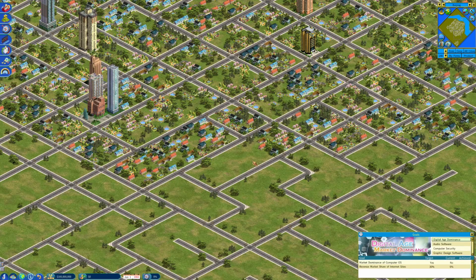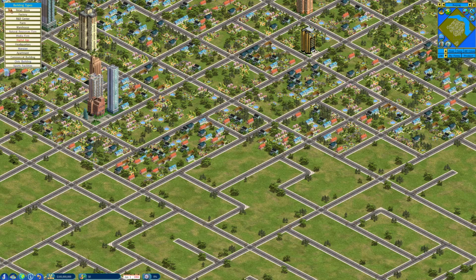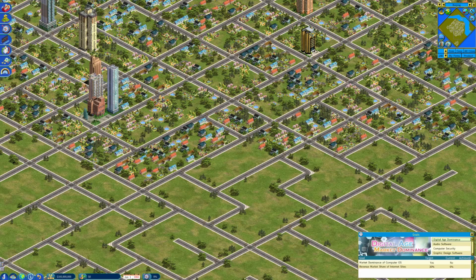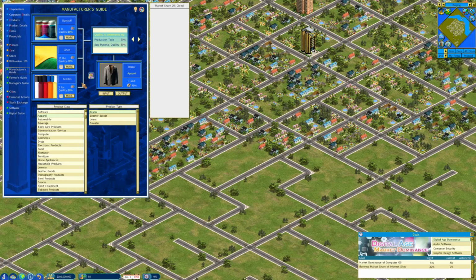So with this particular DLC, if you go in the upper left-hand corner to the build menu, there's a Digital Age in red. This is the new stuff. But even though there's only 3 buttons, there's a lot of stuff. I'm not going to be able to show all of it to you because time is limited. But we're going to set up a couple of things. Okay? Now, before we even do that, I'm going to hit F1 and bring up the manufacturer's guide,